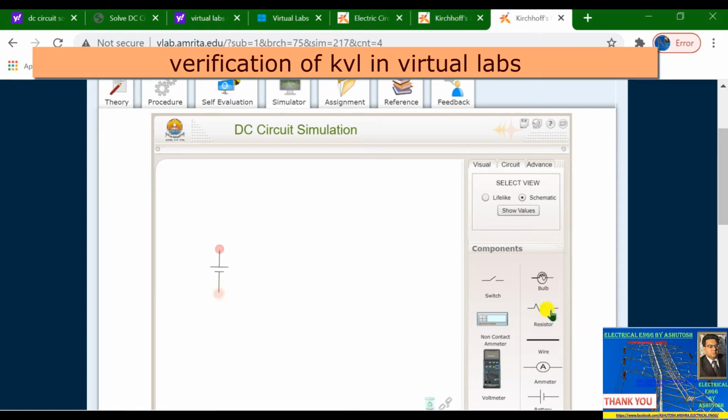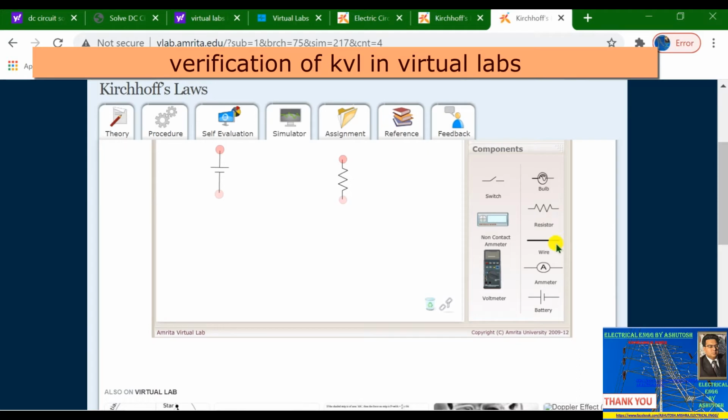Now select 2 resistances. One resistance will be connected here and another resistance will be connected here, and just rotate this resistance like this. Now just select wire. This is the wire through which we are going to connect.